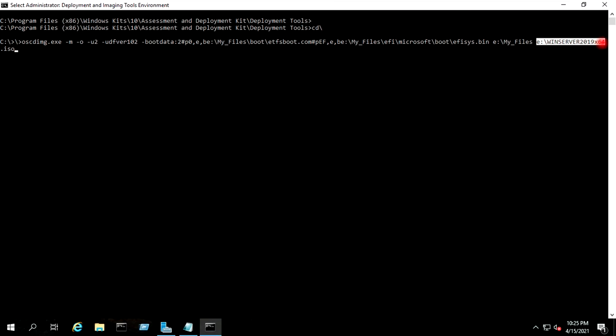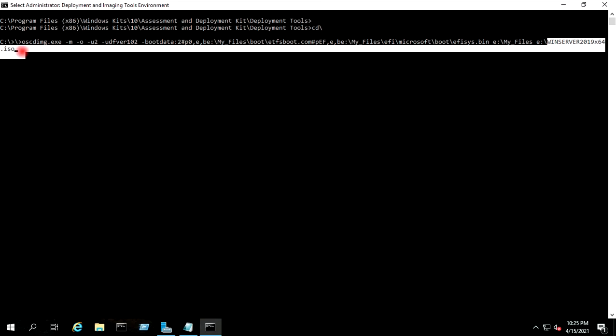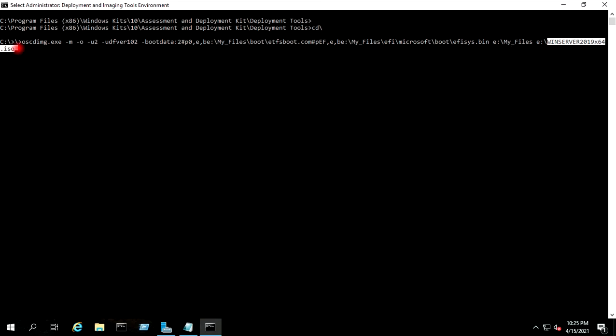And this should be the name of the final ISO, which would be saved directly in the E drive. I will hit enter.